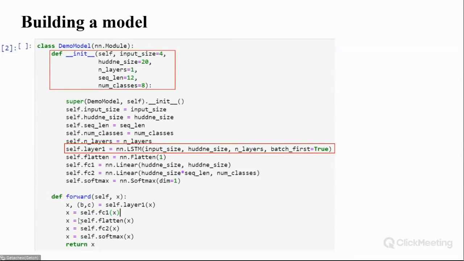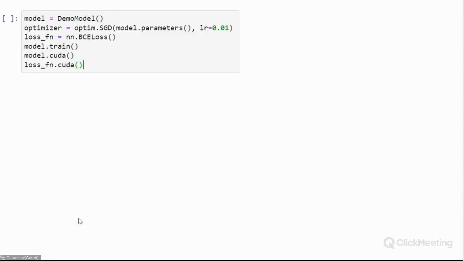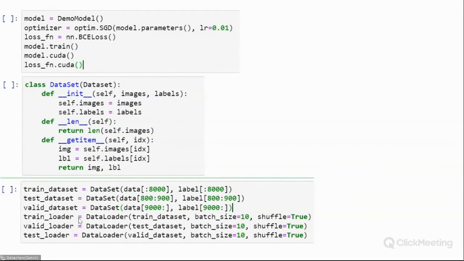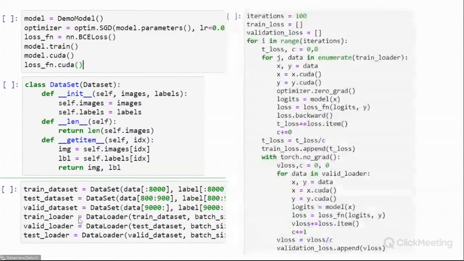Once we have a model, we define our model and specify our optimizer, because there are many optimizers with their limits and potentials. I'm not going to discuss that in detail right now. You should specify the loss function and then put your model and loss function onto CUDA, as you are sure you have a GPU in your computing environment. And then the remaining thing is building the dataset and the data loader object. These are optional. People who are good enough in programming can craft them by themselves. It's not mandatory. And then the training process.